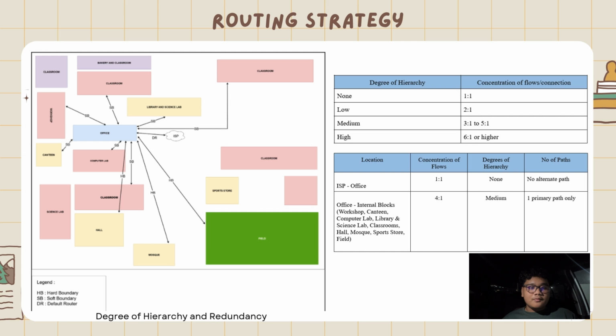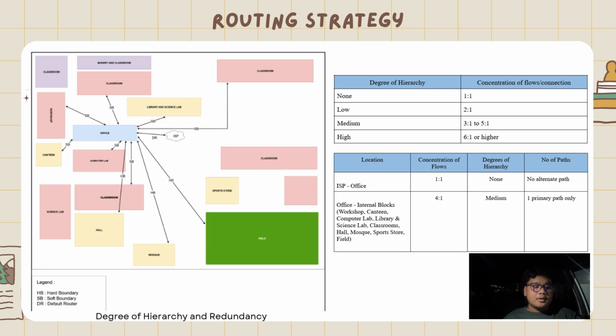Good morning, my name is Wafi and I provide an in-depth explanation of our routing strategy which ensures optimal data routing and network resilience. This slide is designed to balance load and maintain connectivity across the campus. As you can see on the diagram, the network layout features a default router as the central hub connecting various areas including the office, classroom, canteen, library, science lab, hall, mosque and field, with hard boundaries and soft boundaries delineating